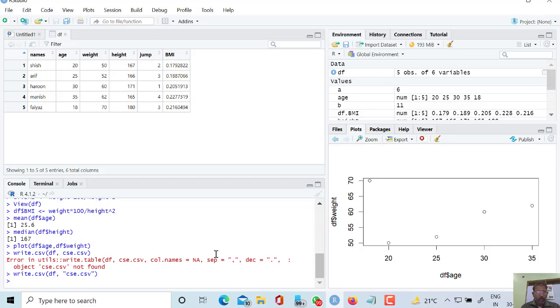So in this way, this file has been stored somewhere.